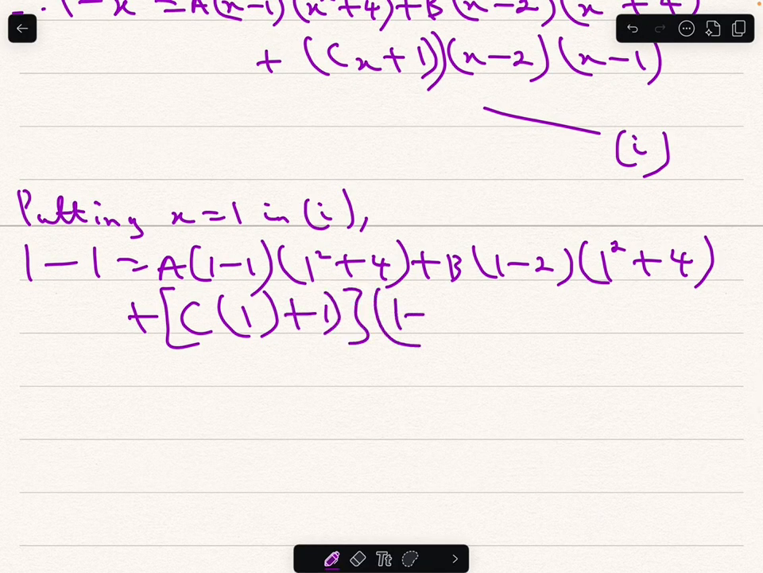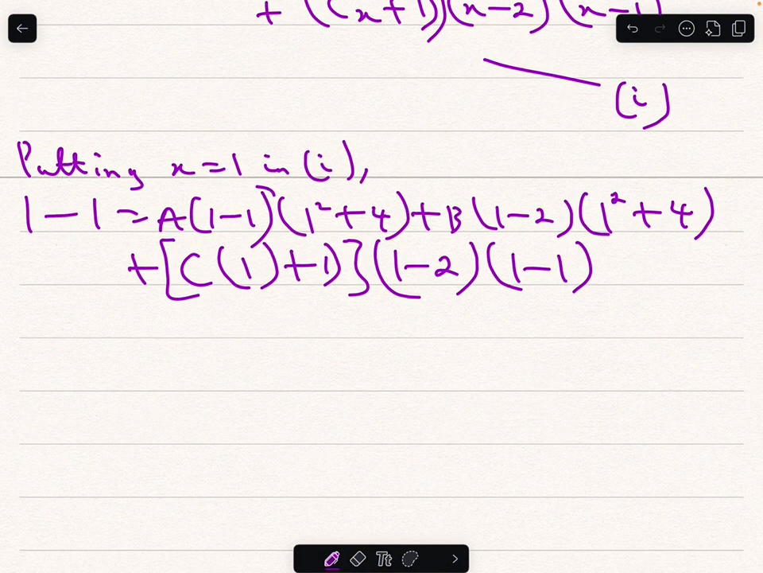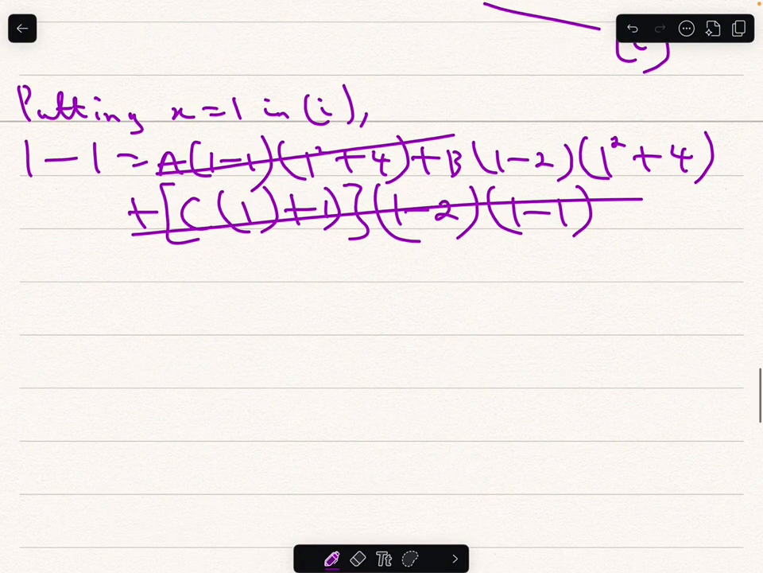times x minus 2. That means 1 minus 2 times x minus 1, which means 1 minus 1. We'll see that 1 minus 1 is 0. That means the whole of this will be 0. 1 minus 1 is 0 here, which means the whole of this will also be 0. So we'll be left with, on the left hand side, 1 minus 1 is 0. That means 0 equals,